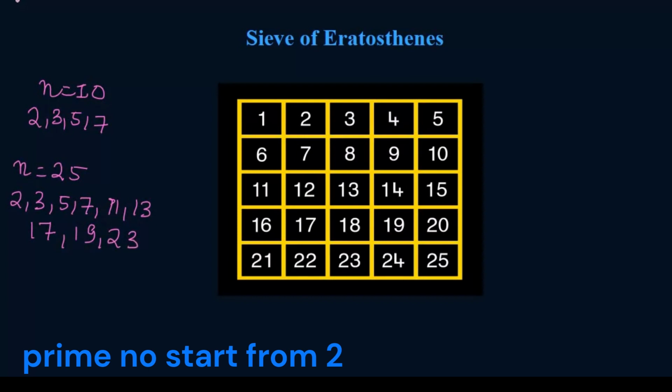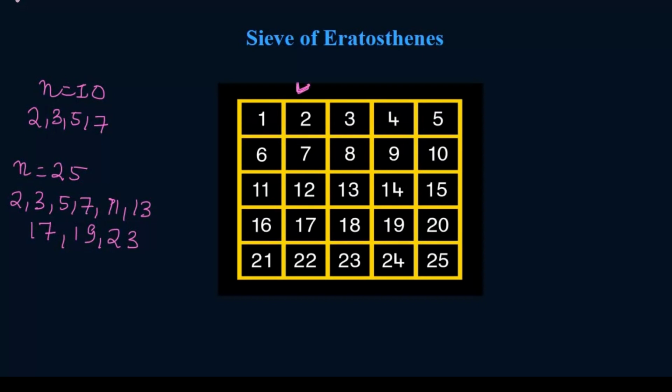Okay. So now we have to print all the prime numbers. So what is the logic? How to print these numbers? In that case, the sieve theorem helps us to find all the prime numbers. So let's see the sieve theorem step by step. Before that, let's see one thing. If 2 is a prime number, then all the multiples of 2 cannot be prime numbers. If 3 is a prime number, then all the multiples of 3 cannot be prime numbers.